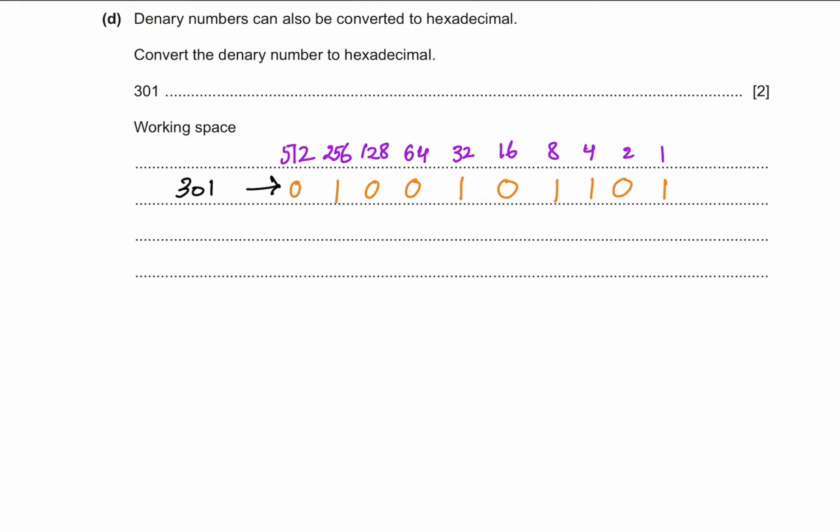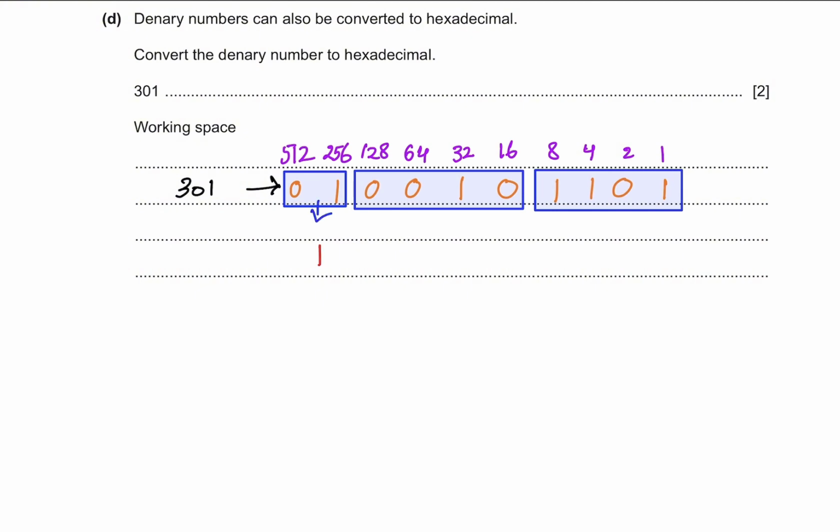Now we convert it to hexadecimal. That's pretty easy, as I taught you. Make groups of 4 bits. These two will be separate. So what answer will you get here? You will get here as